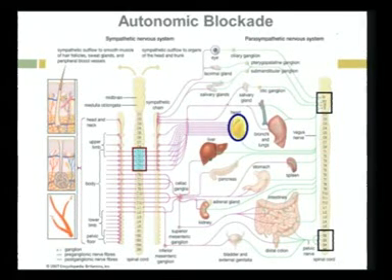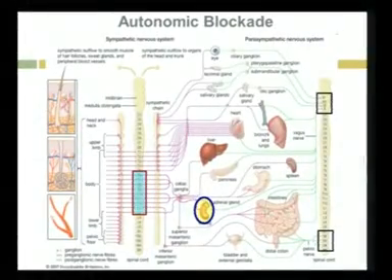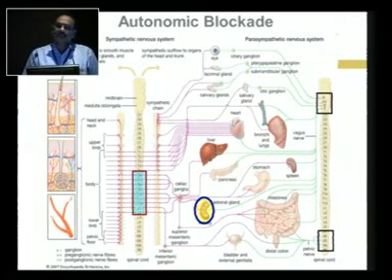The important thing to note here is that T1 to T4 are the cardio-accelerator fibers, and T6 to L2 are the fibers supplying the adrenal gland, which maintains the circulating level of catecholamines in cases of